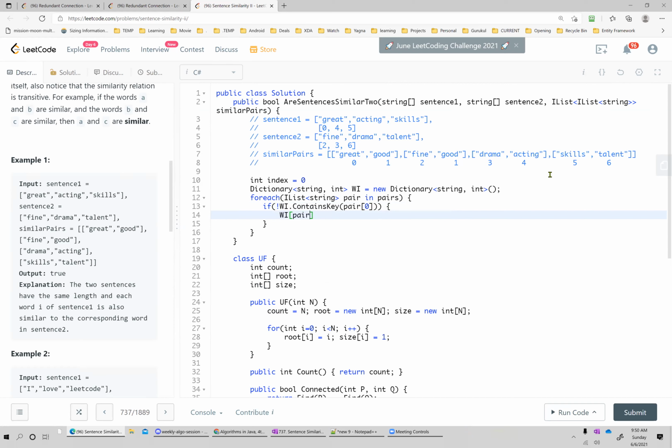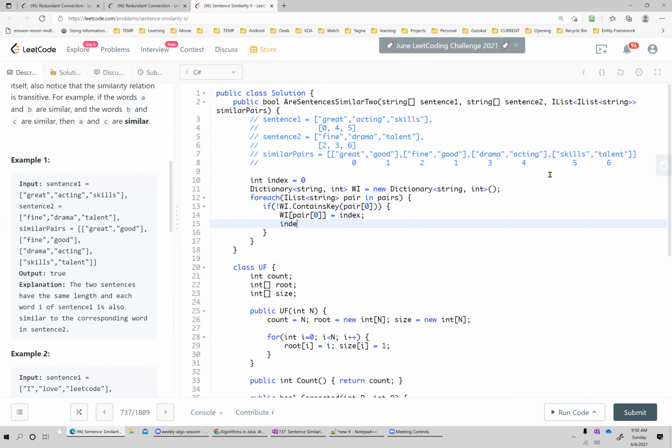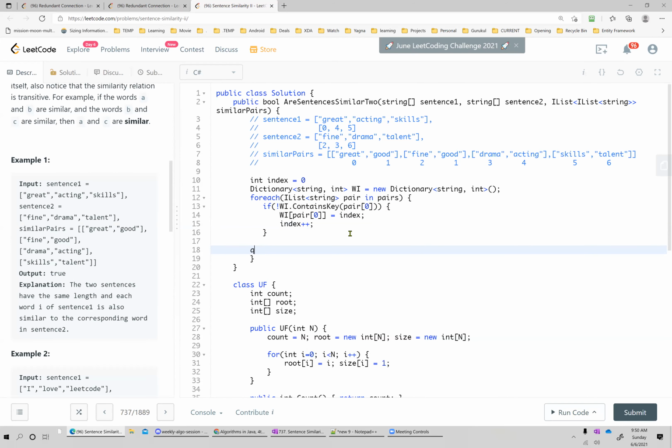So I'm saying that assigned some integer, and that integer is basically our index, right? And if I assign it, I'm gonna do index plus plus. I can write it in one line also, directly put index plus plus here. Just for simplification, I'm putting in the second line. Okay, what I should do here?